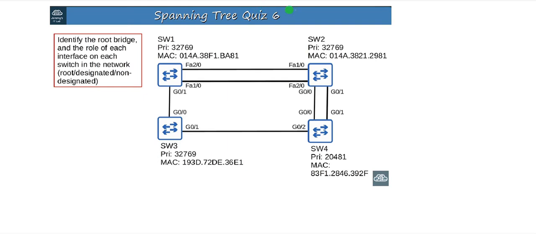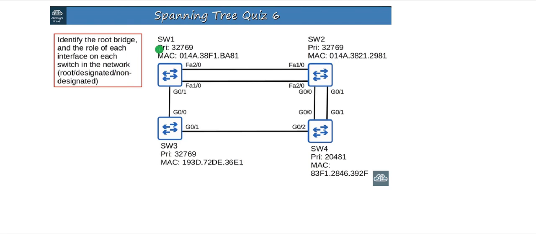So this is the question provided by Jeremy's IT Lab lecture video. In the second question, you need to identify the root bridge. How do we identify the root bridge? Identifying the root bridge is done simply by comparing the bridge ID of every switch in your LAN